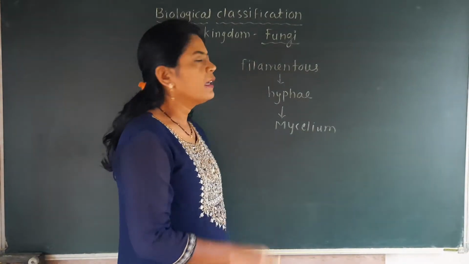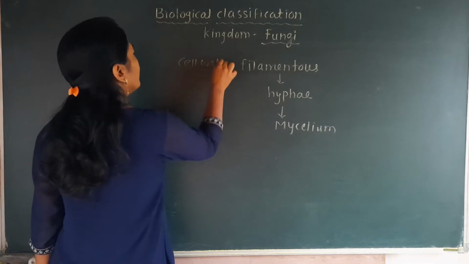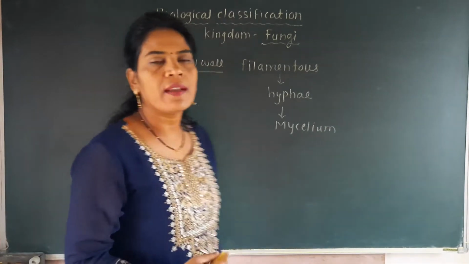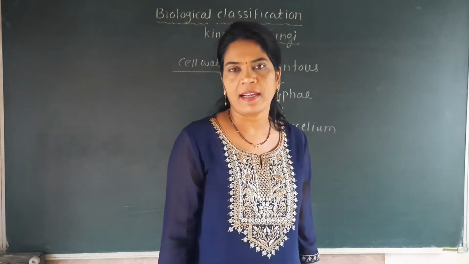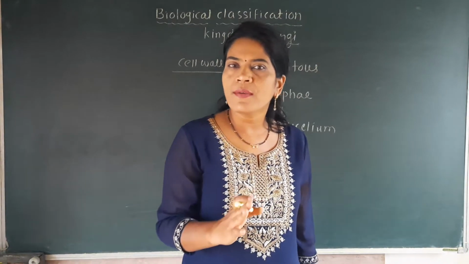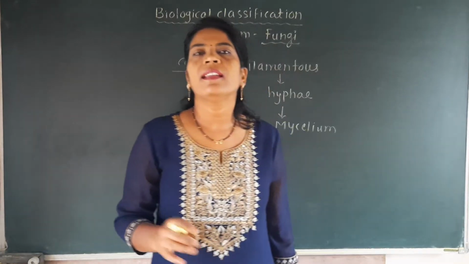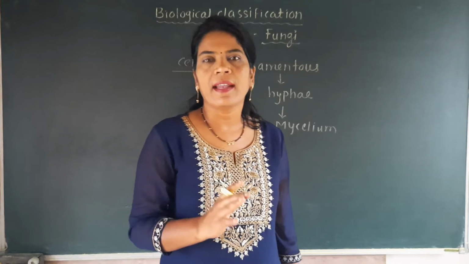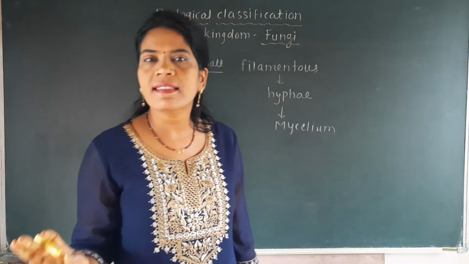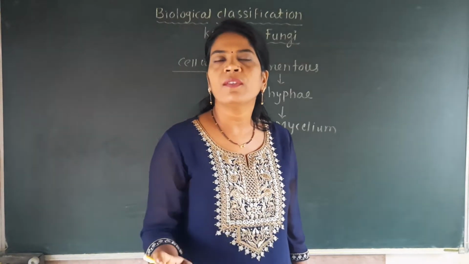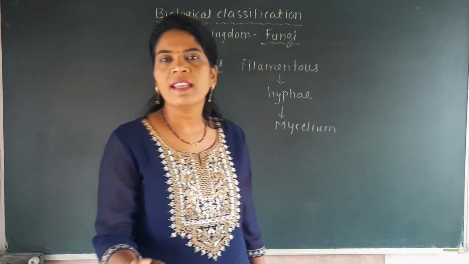One of the important points that we have to discuss is the cell wall, because we have seen that in kingdom Monera the cell wall is present, which is made up of amino acids and polysaccharides. In Protista, some may have a cell wall, some do not. For example, in Euglena the cell wall is absent. Like that, here also the cell wall is present. No doubt, all fungi have a cell wall. There is no exception. Not a single exception is there.